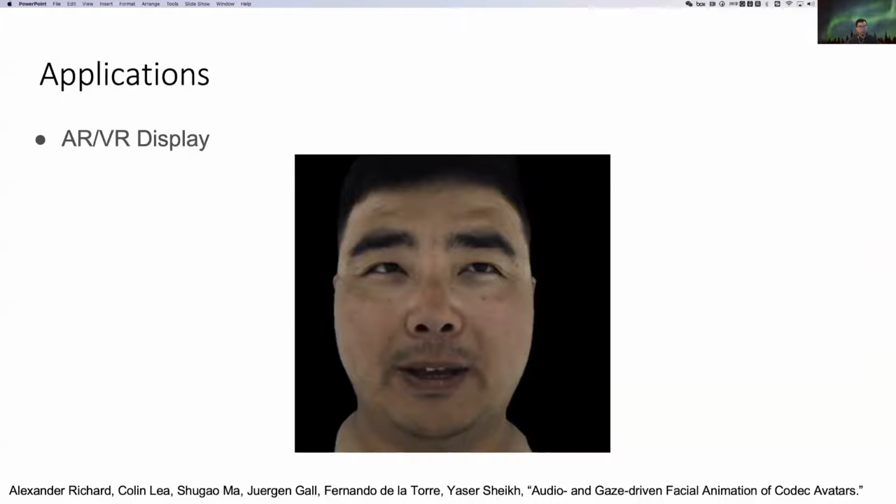Or the generated avatar can be used in Oculus AR hardware or in video games as well. This is the fundamental setup for future AR VR telepresence. So let's see the results over here. You can see that it's purely generated from audio and eye tracking, and they can synthesize this avatar.